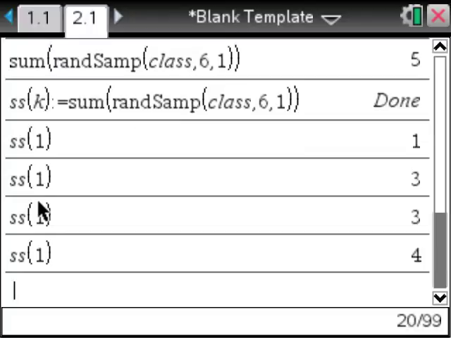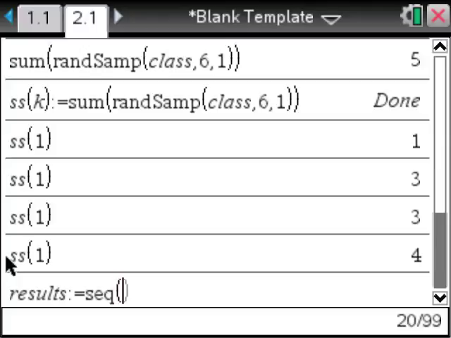Okay, so what I want to now go ahead and do is run a simulation of taking lots and lots of samples of size 6. Executing this function ss will do that. So I'm going to do a sequence, and I'm going to store them in results. I'm going to create a variable, results, just spelling out the word results. Control template, and that's just going to be a sequence,